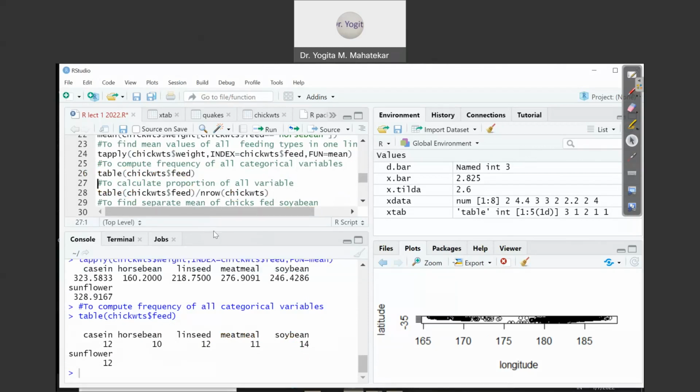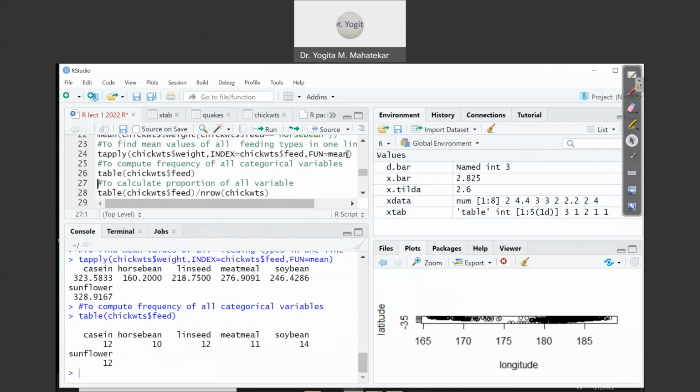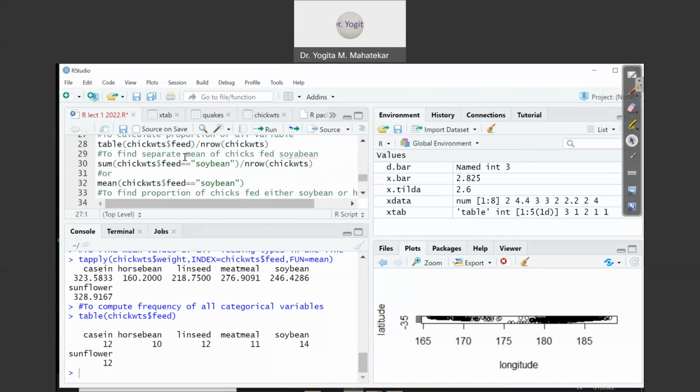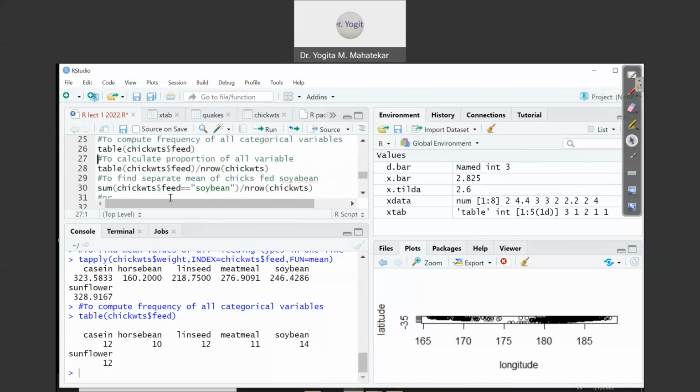So basically table commands will give you all the information in one command, in a one line command. To compute frequency of all categorical variables, we have used this. Now to compute proportion of all variables, we will just divide table of chick weights feed by n row. N row is a command which gives you total number of chicks for all the feeding kind of category. So basically here this 12, 10, 12, 11, 14 and 12, these are all the corresponding numbers